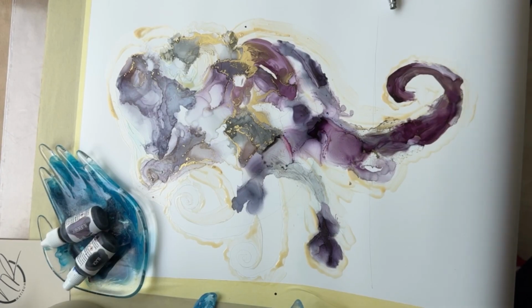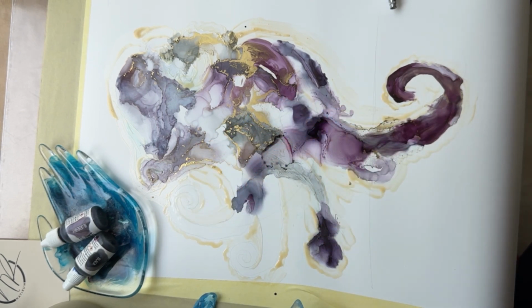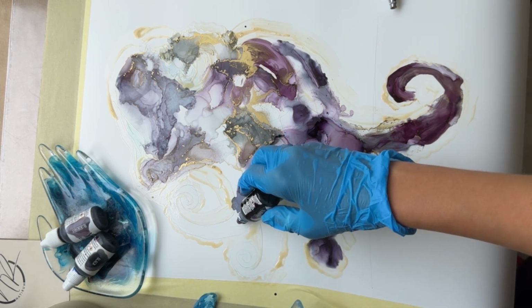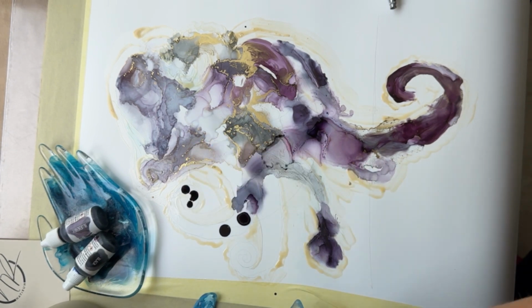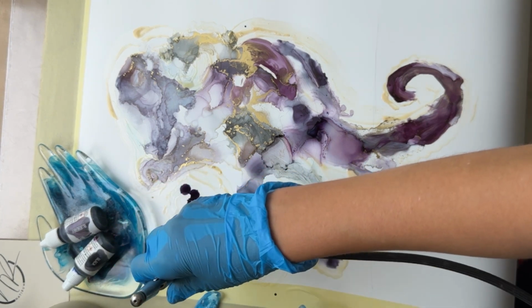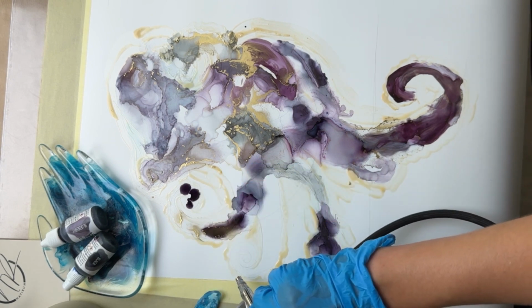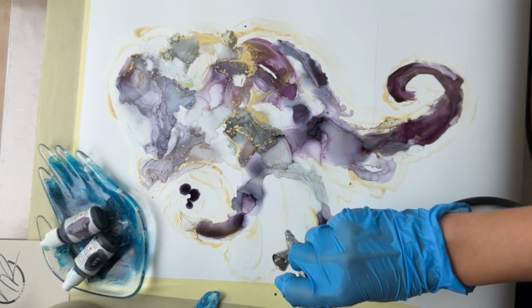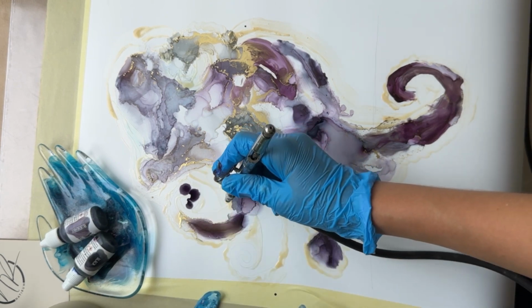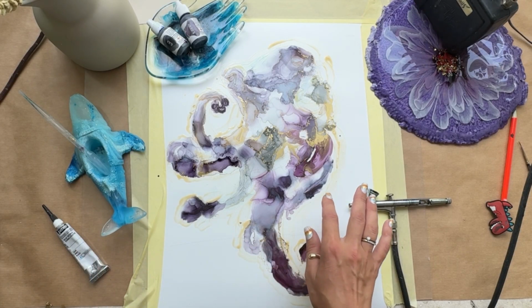We precisely distribute along the sides, not to the center, guys. We only blow along the sides, under an angle. 45 degrees, and as I showed, we change the direction of the air. So look whether everything is drawn, whether everything has dried. Now the most fun, we remove our latex. Now it will be visible